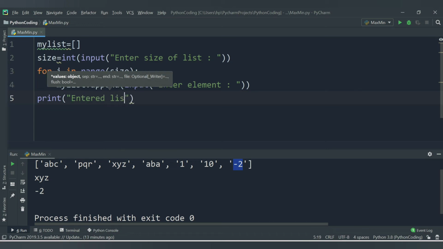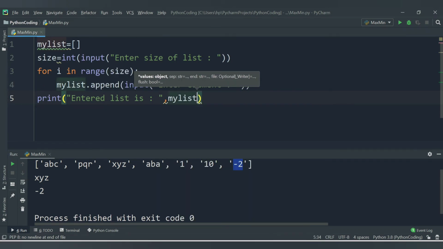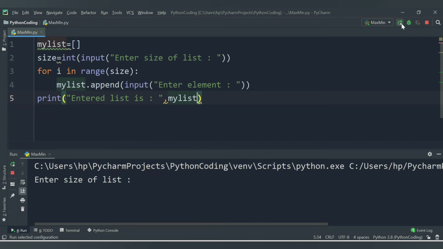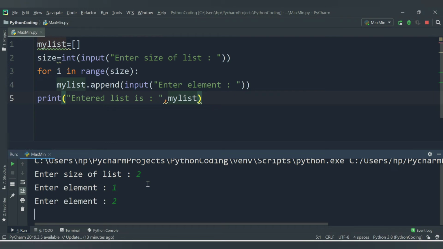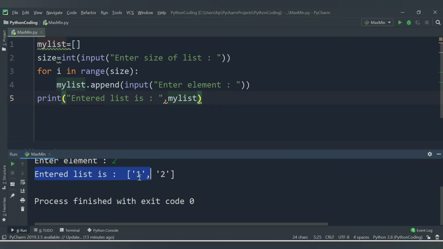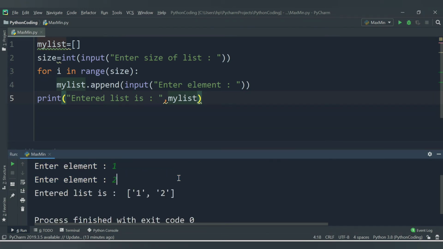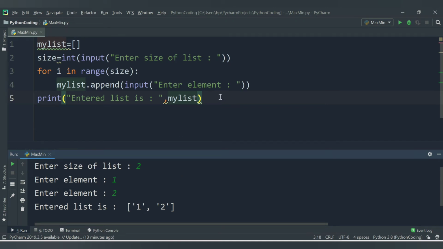"Entered list is", and then my_list. Let's save this and run now. So enter size of list, let's say enter here 2, enter element 1, enter element 2. So see, we are getting here 2 elements, right? Entered element is 1 and 2. Now what we will do,